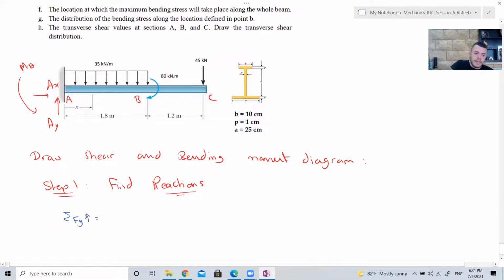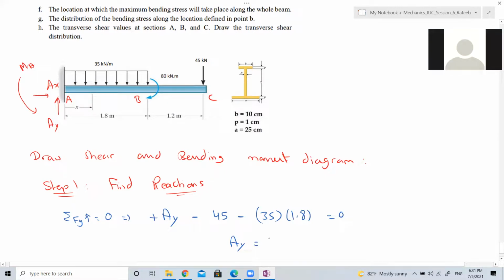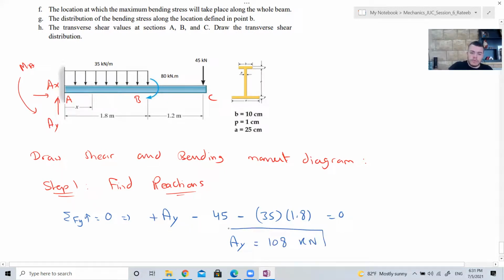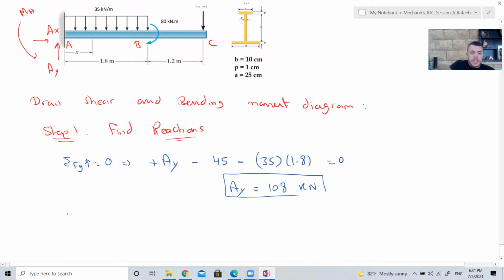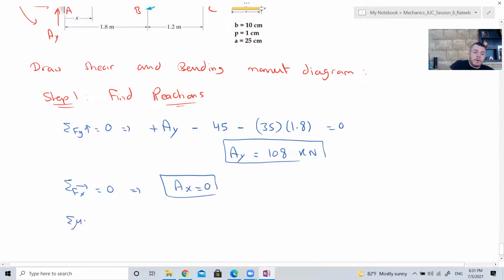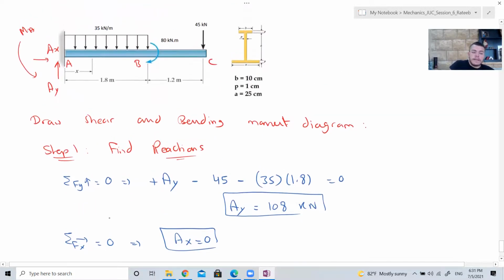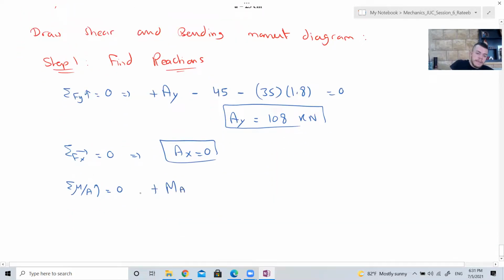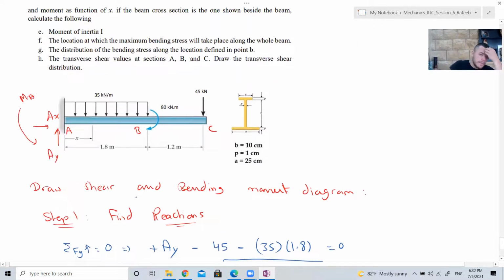Summation of forces in the y direction gives us plus AY minus 45 minus 35 times 1.8 is 0. Do you agree with this? Yes, doctor. AY is 108 kN. If we do summation Fx, we get that AX is equal to 0. If we do summation of moments at A, we get plus MA. What else do I have? Come on, plus MA